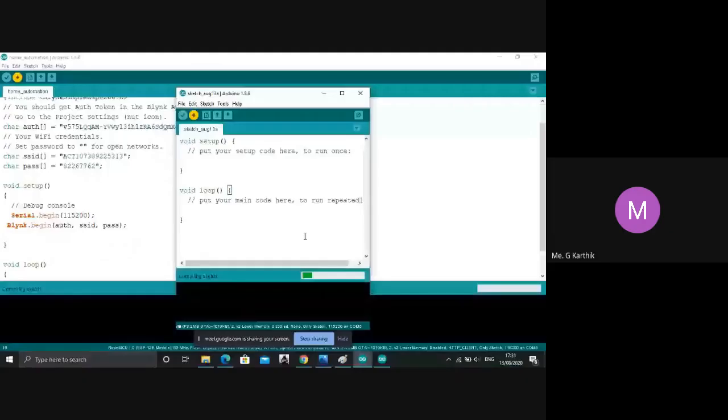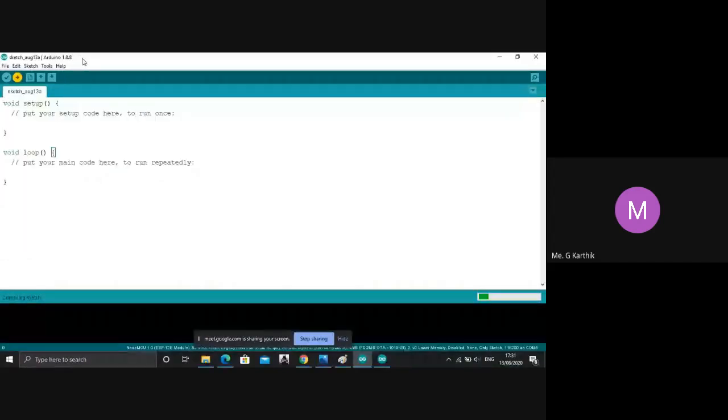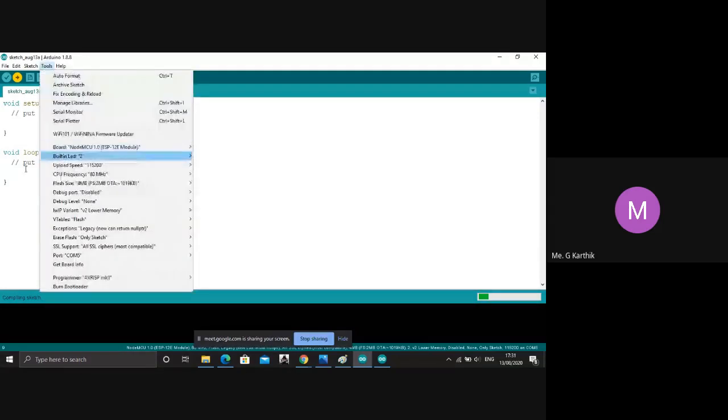What we'll do is upload a blank code, and again upload this, because sometimes when the cache is full and the program memory is full, the NodeMCU does not accept new codes.